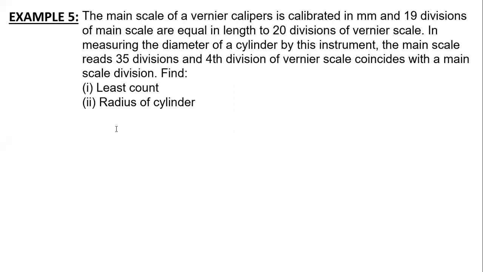Tell me how you got the first one. Sir, the vernier caliper is calibrated in millimeters, so the smallest scale would be 1 millimeter. How can you say that directly? The divisions are in 1 millimeter, so 1 millimeter is the smallest for the main scale. Okay, fine.